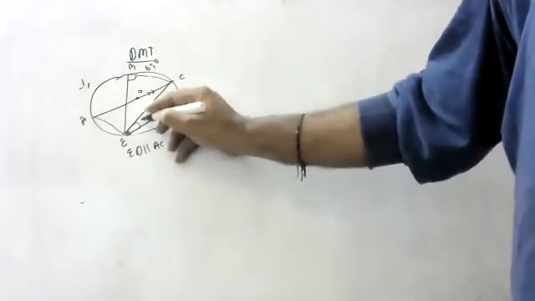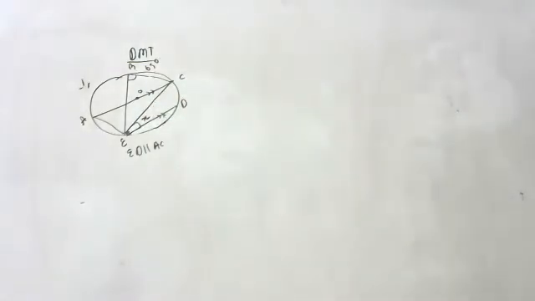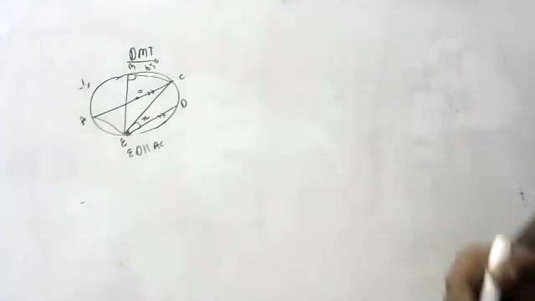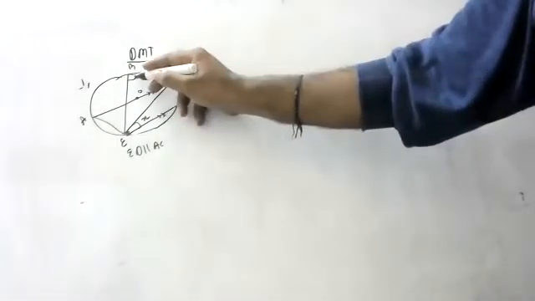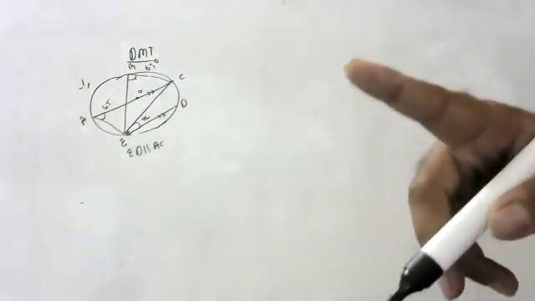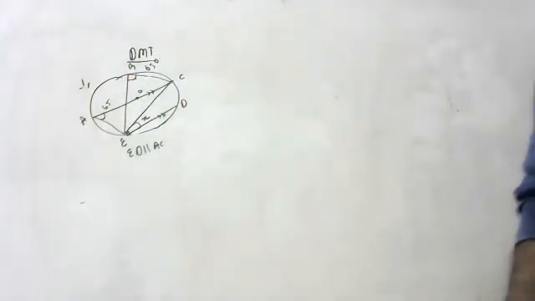Okay, we have to find out this x. Anyone? Who will tell? Sir, can I? Yes. Sir, angle A is equal to angle B. Okay, very good. If this is 65, this is also 65. Why, Nana? Angles in the same segment are equal. Very good, fantastic, Nana. Angles in the same segment are equal. Very good. Next.